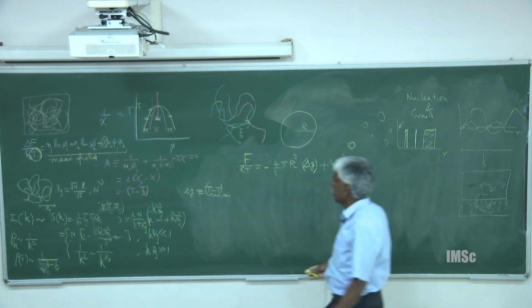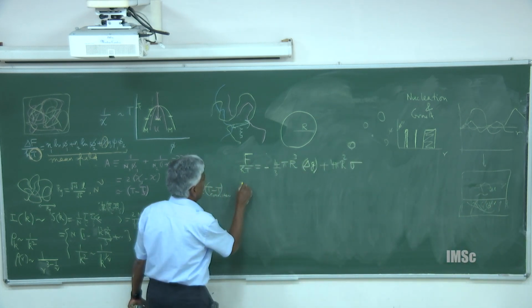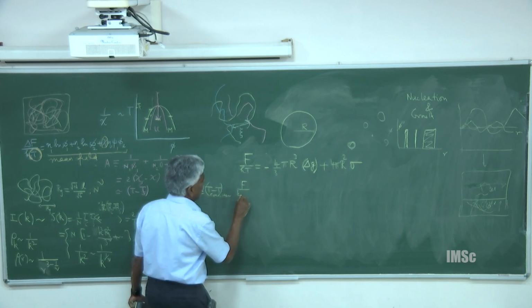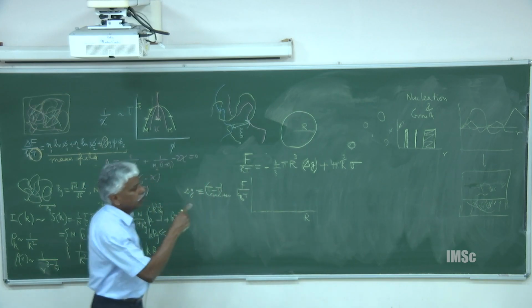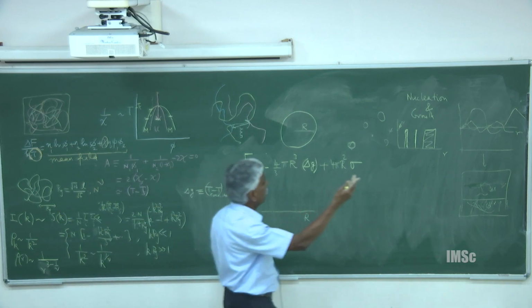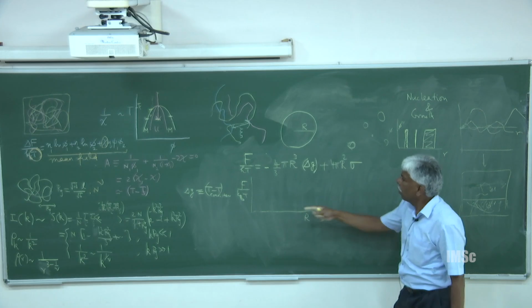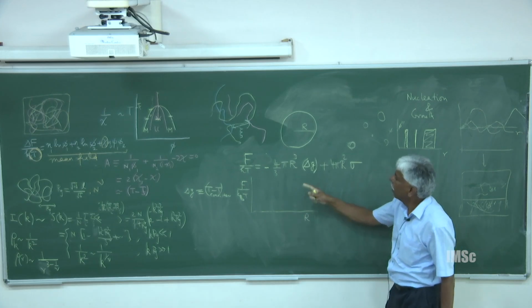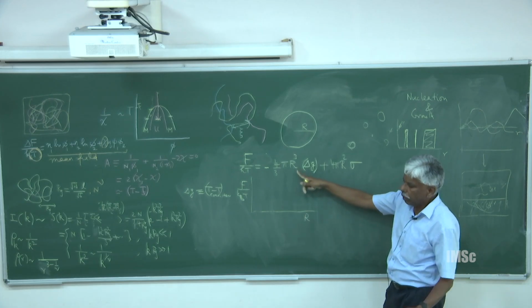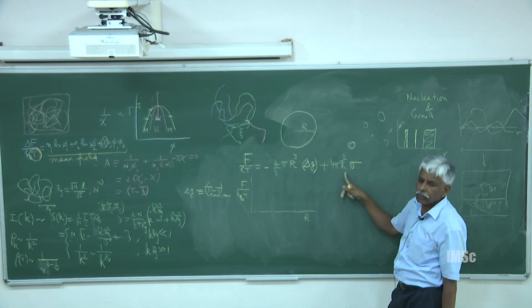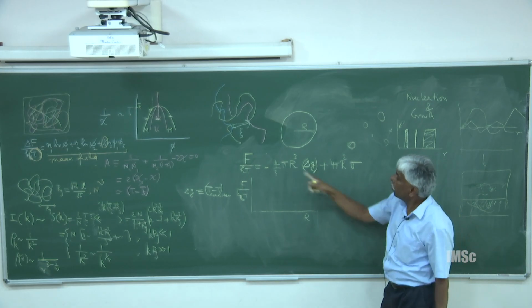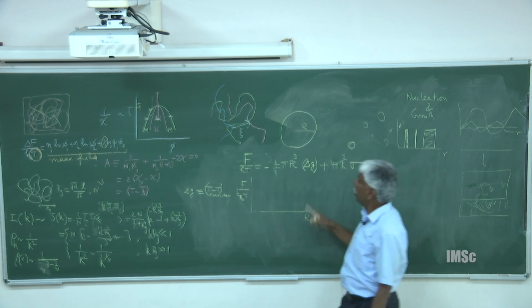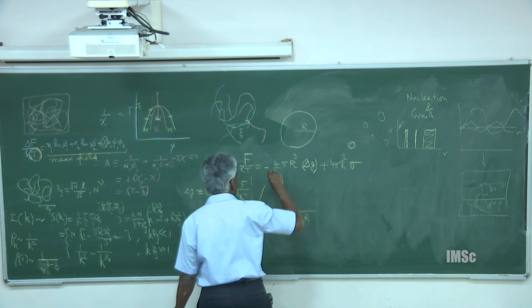Now let me plot this, F over kBT, as a function of r. And let us do the same game again. When the interfacial tension is positive, we know that when r is small, r cubed is weaker than r squared. Therefore, this is going to dominate, and so this quantity is quadratic in r, positive. So it is going to go like this.